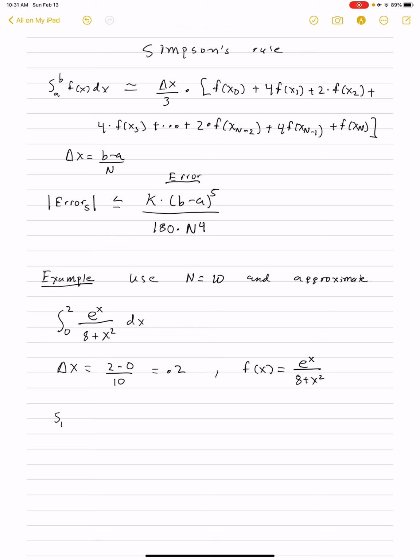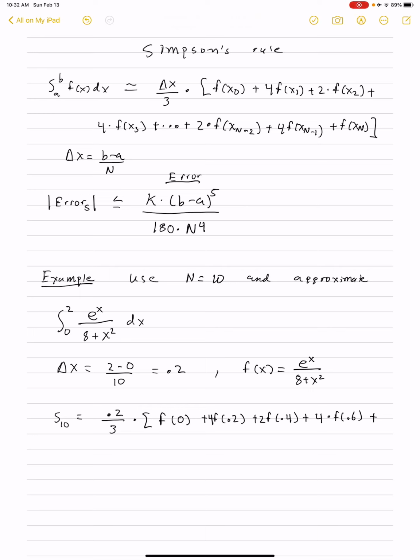And Simpson's rule with n equals 10 is given by this delta x, which is 0.2, divided by 3 times f of x0. f of x0 is just the point itself, a, so in this case that's 0, plus f of 0.2 plus f of 0.4, and I forgot something very important, which is we have to remember the alternating pattern of 4, 2, 4, so the next one gets multiplied by 4, f of 0.6,